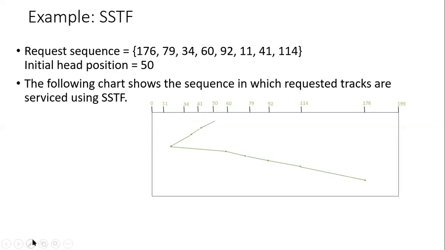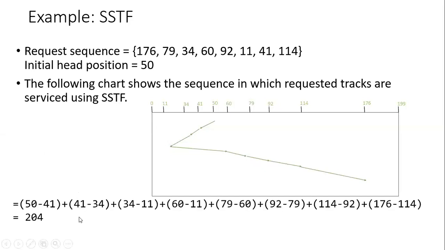So in that case, what will happen? It will just check the direction of the head. As you can see, the direction of the head is from left to right, so it will serve the request at 65. Because changing the direction of the head requires some time. So instead of changing direction, it will serve the requests which are in the same direction. That's why after 60, instead of serving block number 55, it will serve block number 65.